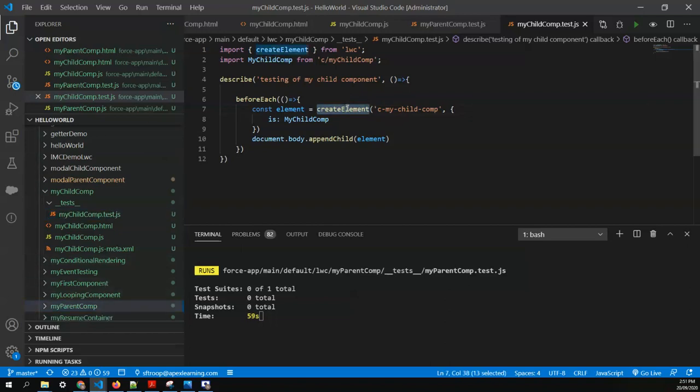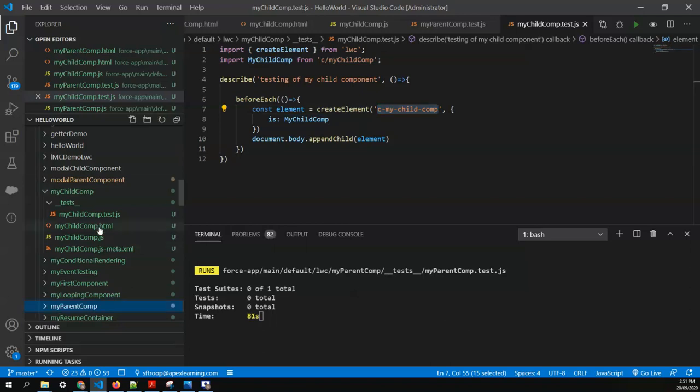So we are creating the component element that is c hyphen my hyphen child component, and this should be exactly the same how you call the component inside your LWC. It creates the element, loads the HTML tag of my child component inside this element and appends it to the body. Now let's start writing our test case.